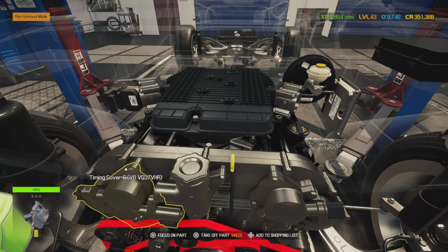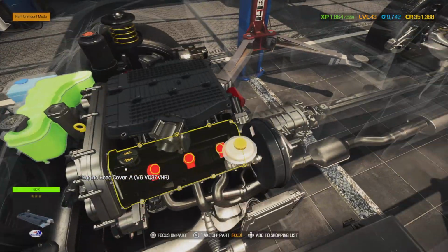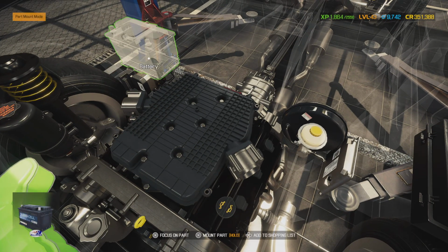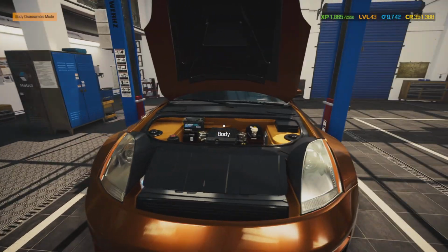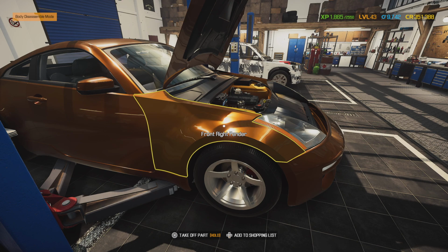Uh-oh, my camera battery's letting me know I only got 5 more minutes left. Daggum, we just got this thing back together enough where we'll go ahead and throw in our battery now. We are ready for that, and we will close off our brake bleeder valves. And the next thing that we got to do on the order for this car before my battery runs out for this episode, we have to